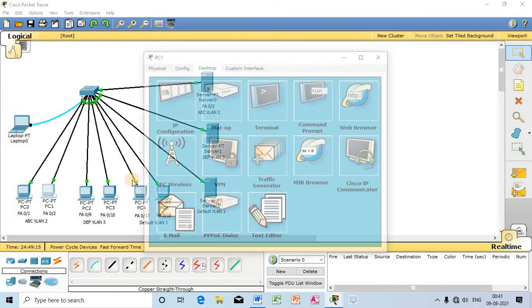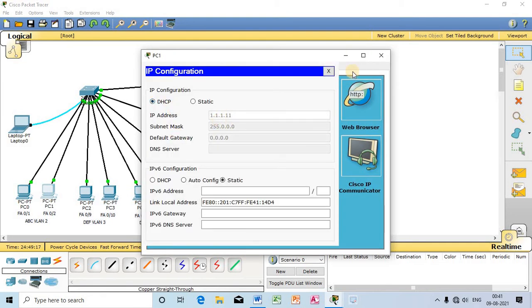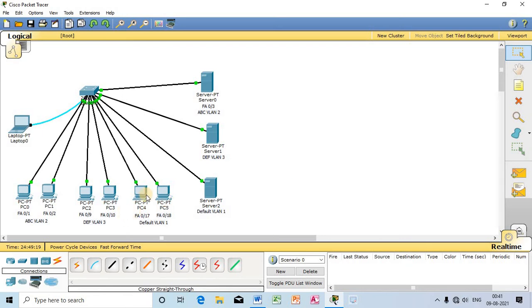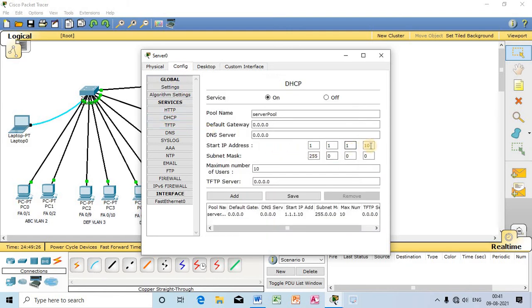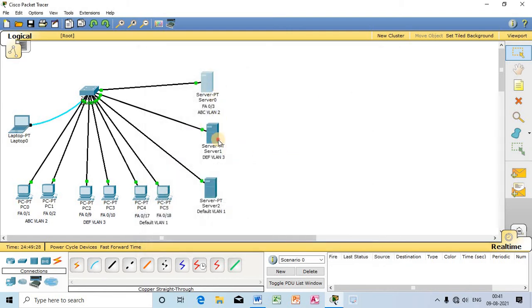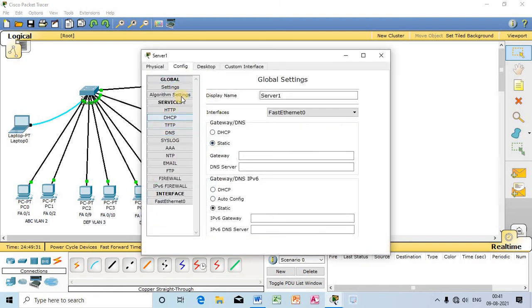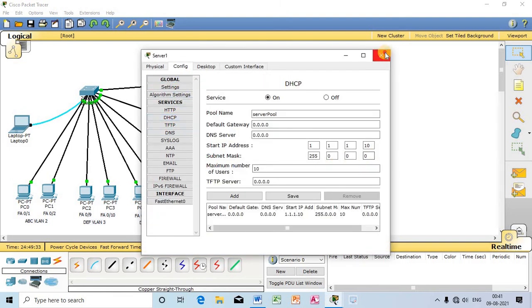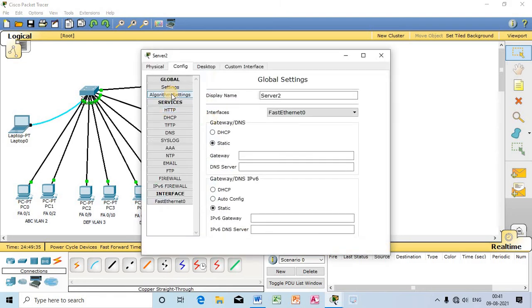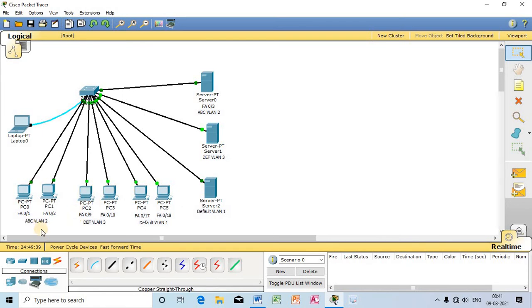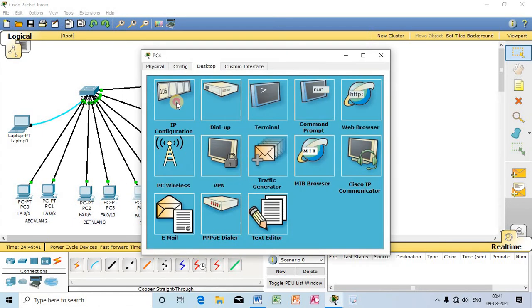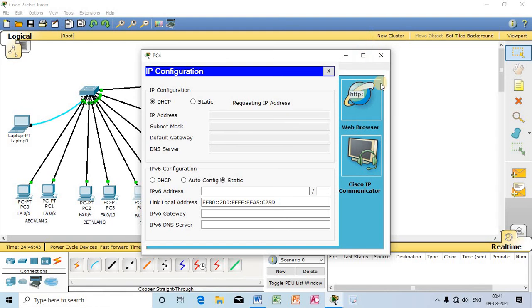See, the IP address of this system is also 1.1.1.11, because I have created the server pool starting from 1.1.1.10 in all three DHCP servers. I have done this intentionally to make you understand that these are separate VLANs.